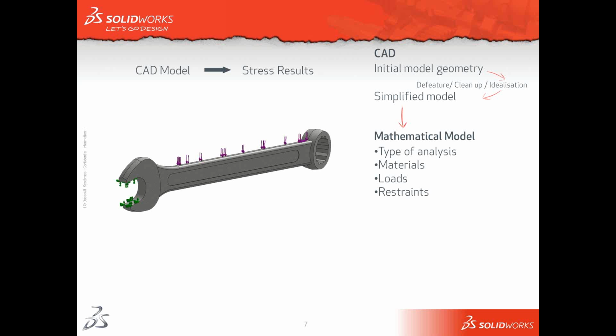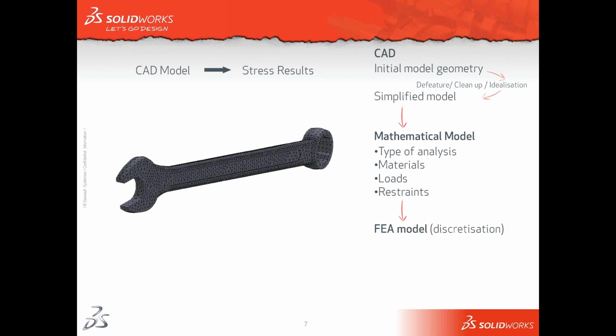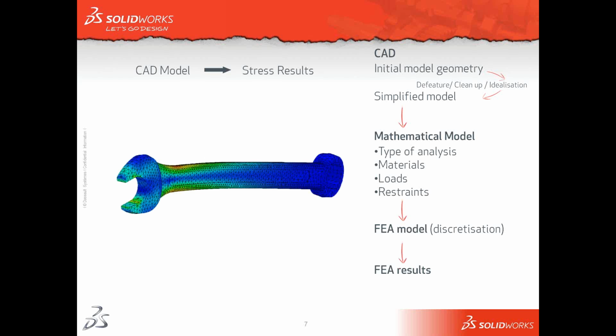There are other types of analysis we may wish to specify if we have further simulation tools, such as thermal analysis, buckling analysis, etc. And then the final stage before we solve our model is to break it down into this mesh, so discretizing our model so that SolidWorks can calculate the results at each of those nodes, like we said before. And then obviously the final stage is just to run it and achieve our FEA